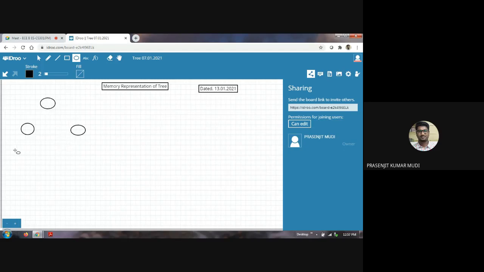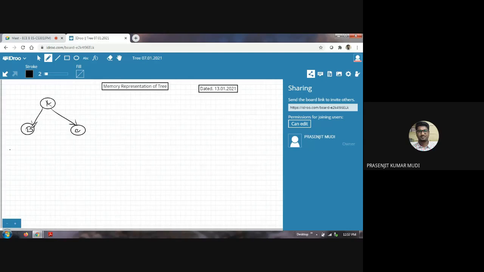Let's label these nodes: capital A, capital B, and capital C. Node A is the root node of the overall binary tree, and it has two child nodes.